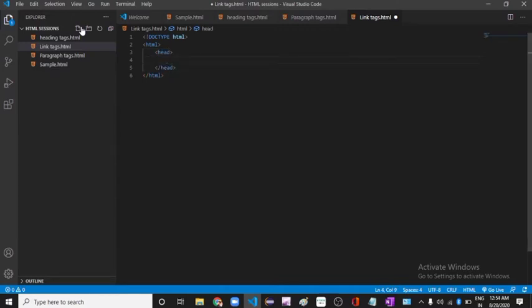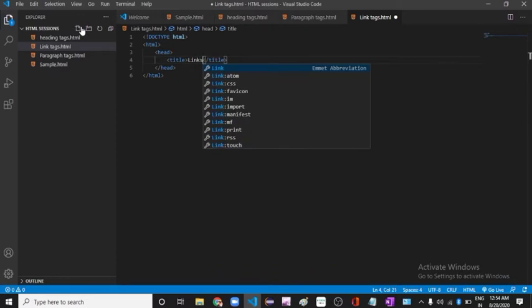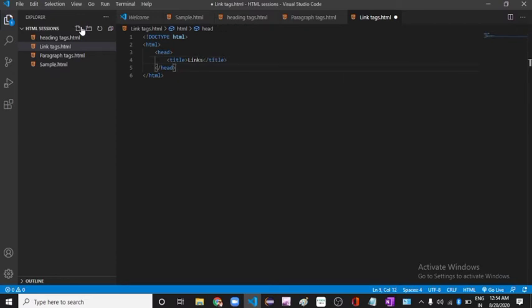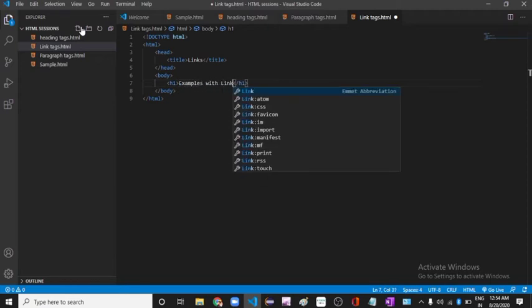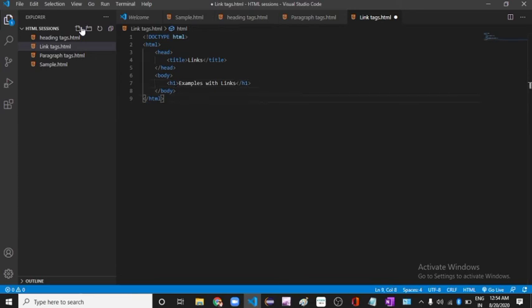Inside the head section we will write the title, which is Links. Then we create one body. In the body, h1: Example with links.